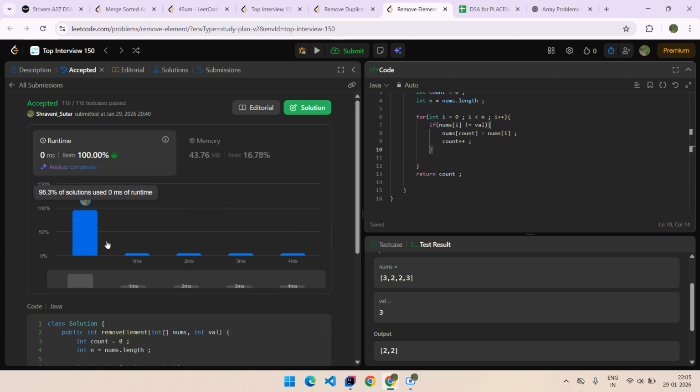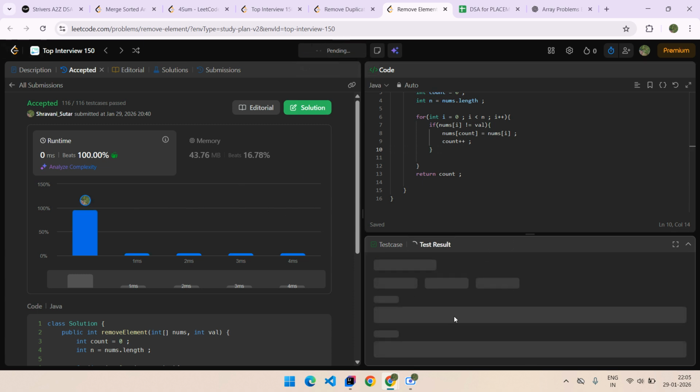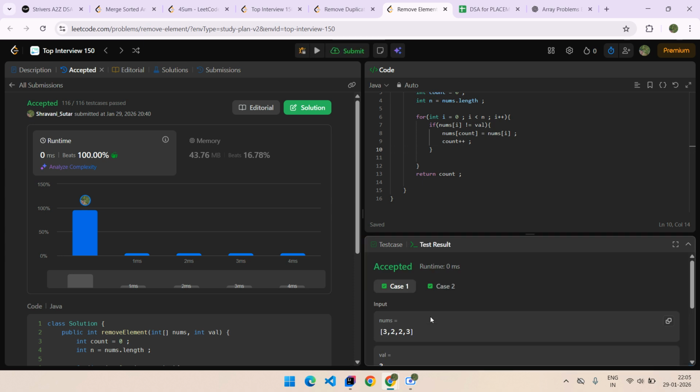You can see here the answer and our complexity. Run it. It is accepted, submit. So today we learned how sorting plus two pointers can solve complex problems efficiently. These patterns are extremely useful for coding interviews. Thank you. Thanks for watching.